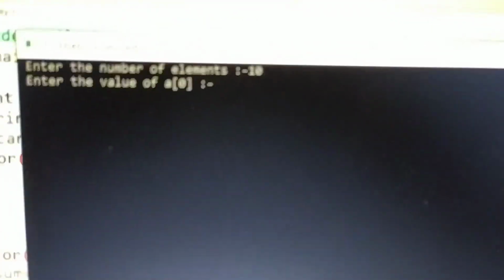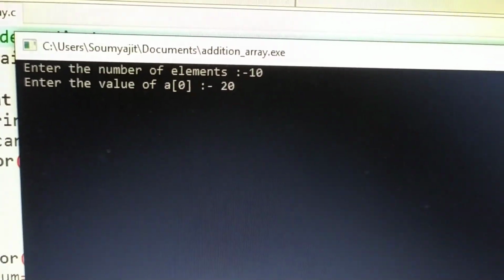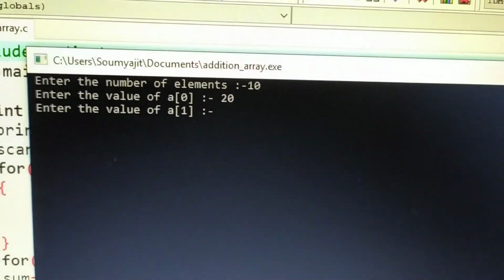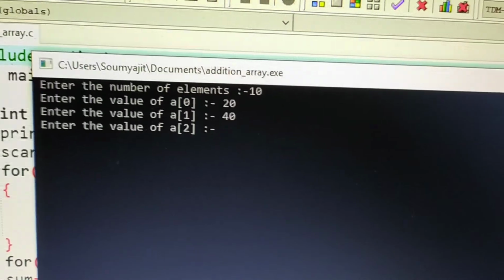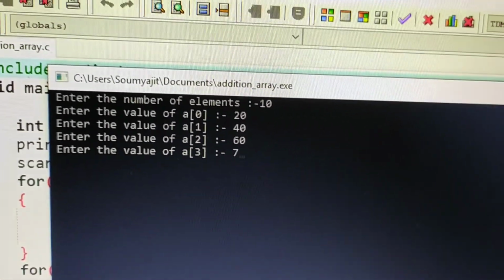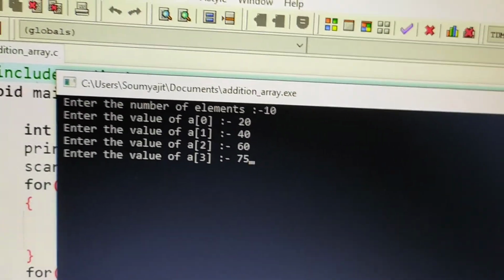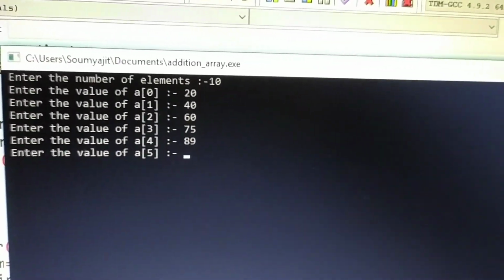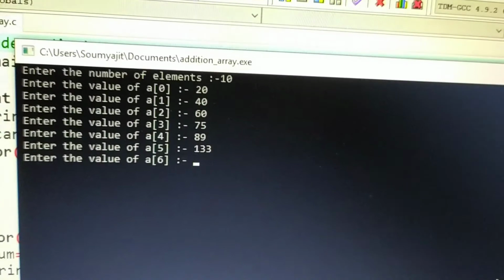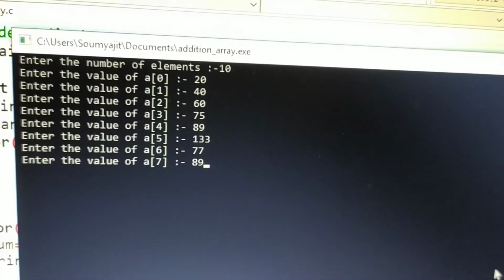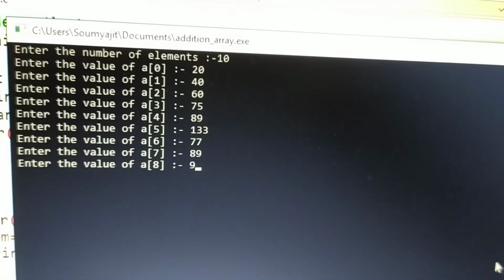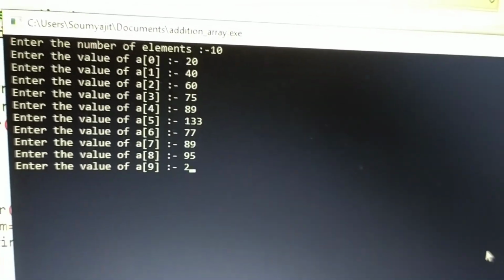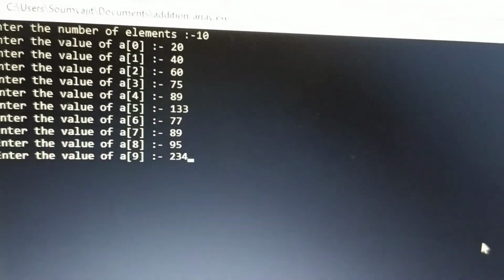Specify the first element, 20, second element 40, third element 60, fourth element 75, fifth element 89, sixth element 133, seventh element 77, eighth element 89, ninth element 95, tenth element 234.